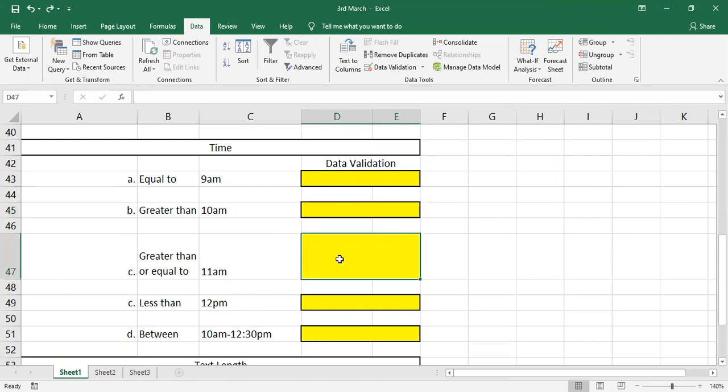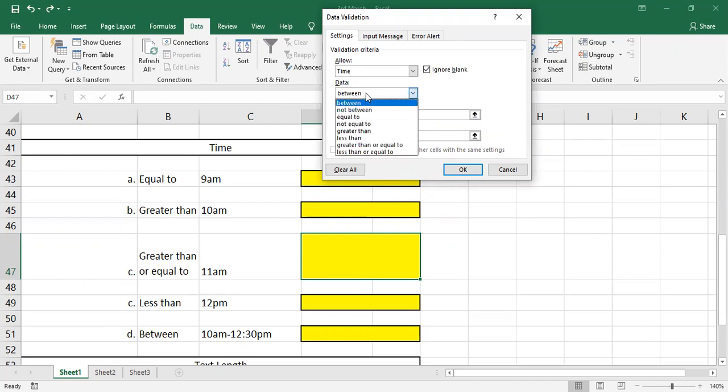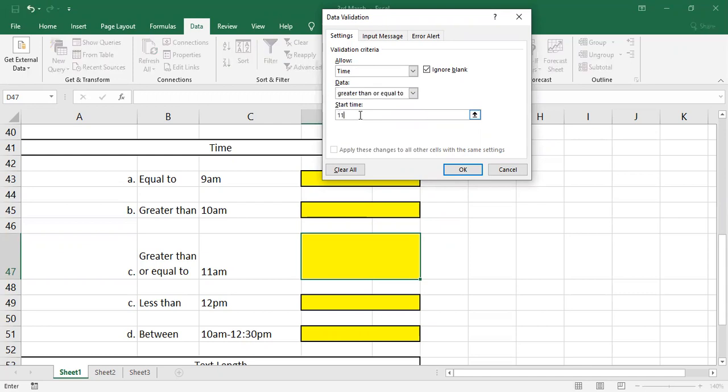Next, here I have to give a validation so that it should accept even 11 a.m. and after 11 a.m. also. Okay. Now data validation. Here what you need to give? Time. Here in data it should be greater than or equal to 11 o'clock. It is 11 a.m. If it is 1 p.m., then you have to give here 13 because it is in 24-hour format.